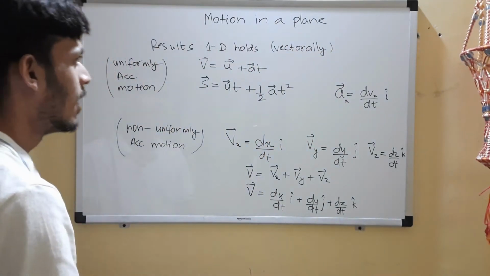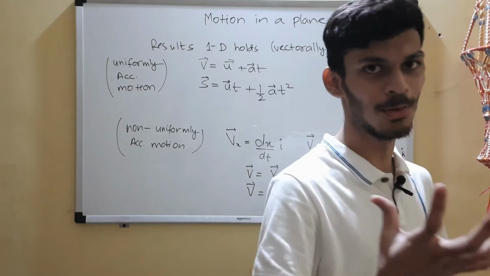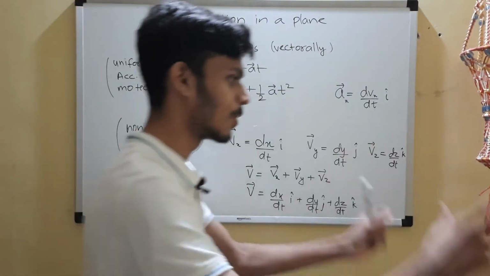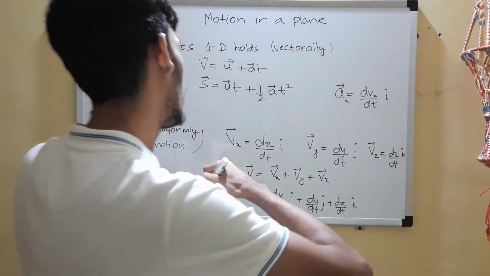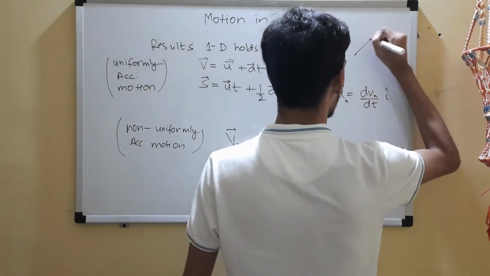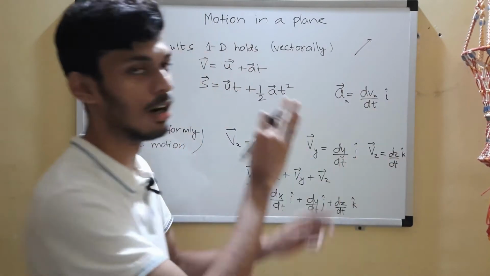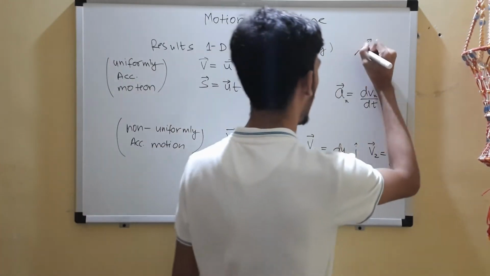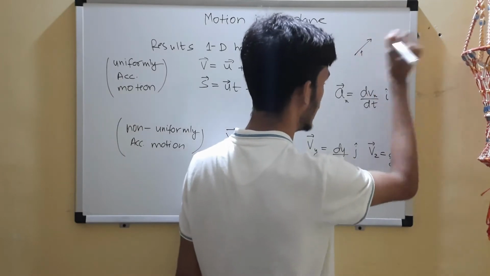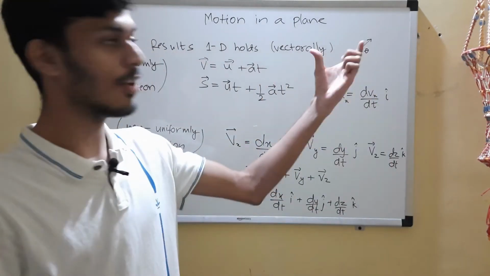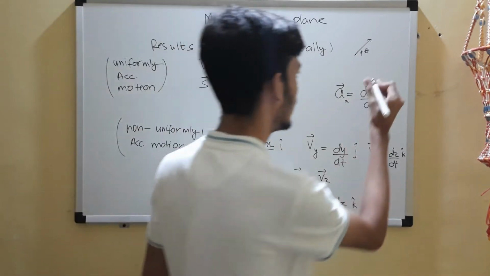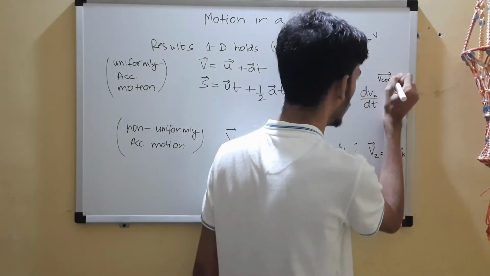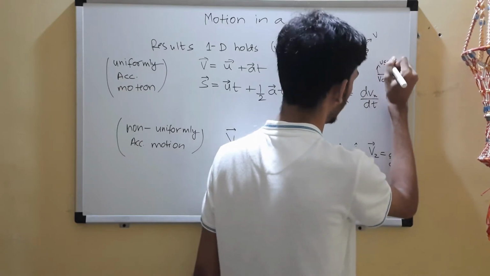And if you can't solve a 2D question, what do you have to do? The easiest way: almost all questions in 2D will have a vector in the plane. So you have to just break that vector. Either you'll have it in the component form ijk, or you'll have that theta. So if you have that theta, you can break any vector, suppose v, into v cos theta and v sin theta.